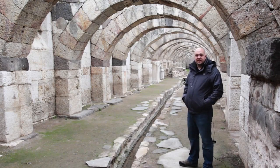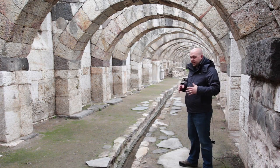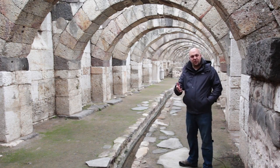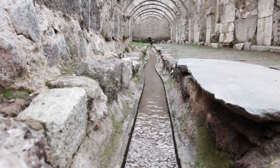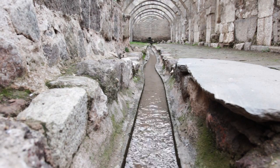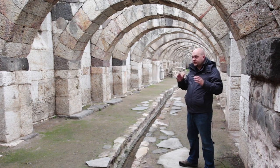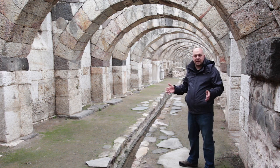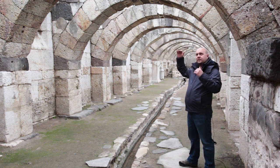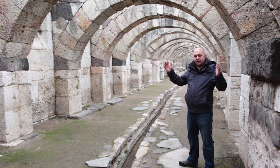One of the most fascinating spots that we've found as we've been going through the underground of the Agora has been this long hall where you can see this man-made little stream going through the middle. We were asking our archaeological guide about this stream because it's just such a beautiful shot. Even though it looks beautiful right now, it would have been so much more magnificent in its day. For example, this would have been covered. This would have had the second floor above it, and so this would have been enclosed from above,